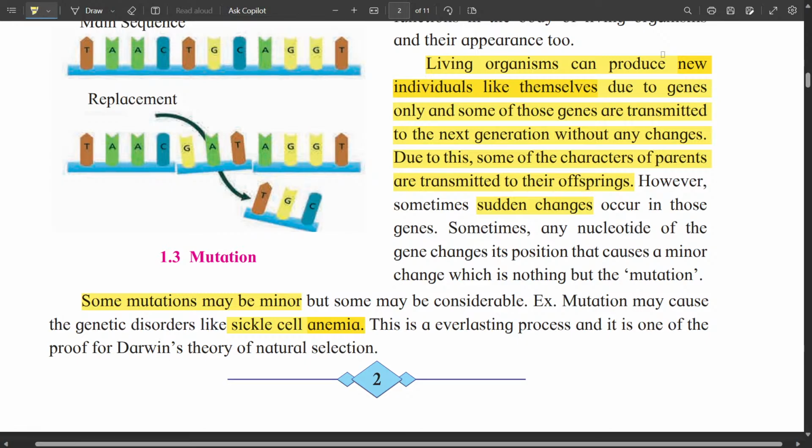This is an everlasting process, and it is one of the proofs of Darwin's theory of natural selection. So mutations can produce some genetic disorders, which is not good, but some of the changes can be favorable to those organisms and they can help in natural selection. So mutation is one of the proofs